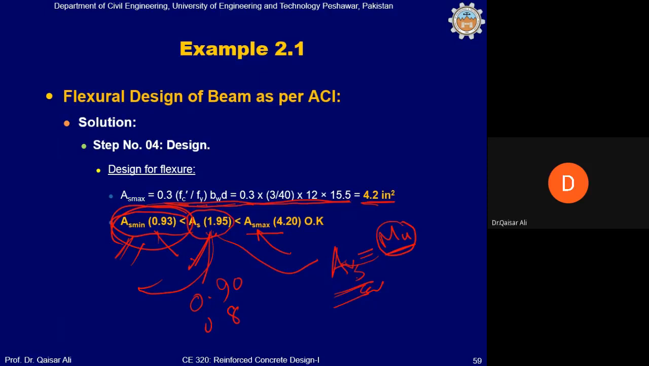You can change it. You must change the dimension. AS is MU divided by 0.9 FY and (D minus A by 2). So if you increase the depth of the beam,